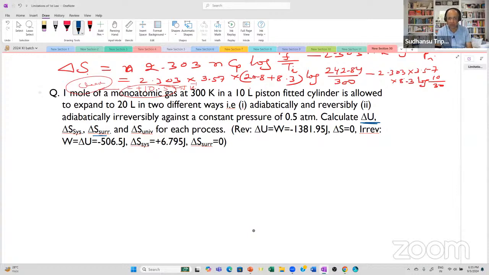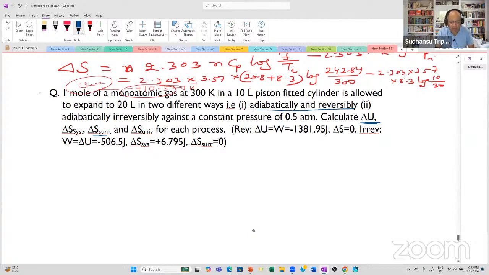For a process, 1 mole of monoatomic gas at 300 K in a 10-liter piston-fitted cylinder is allowed to expand to 20 liters in two different ways: adiabatically, reversibly, and